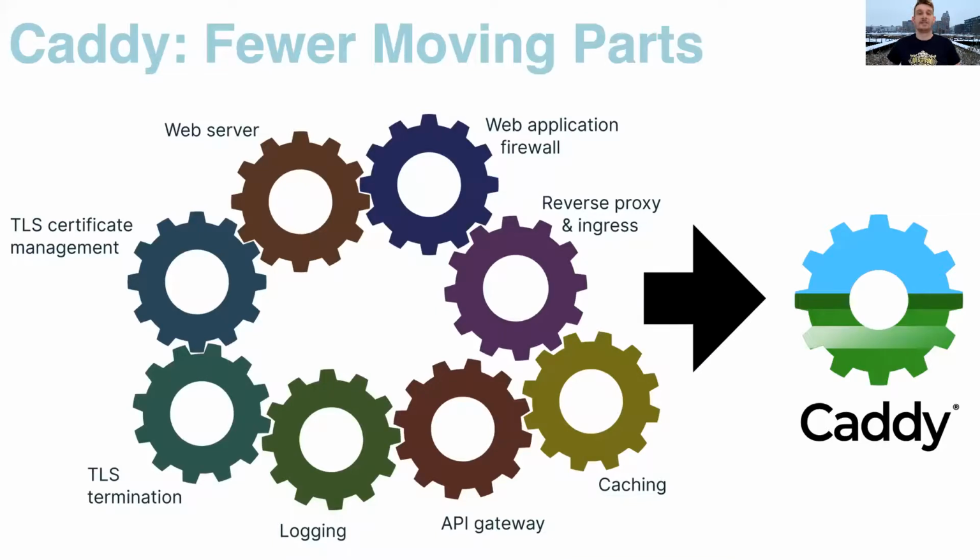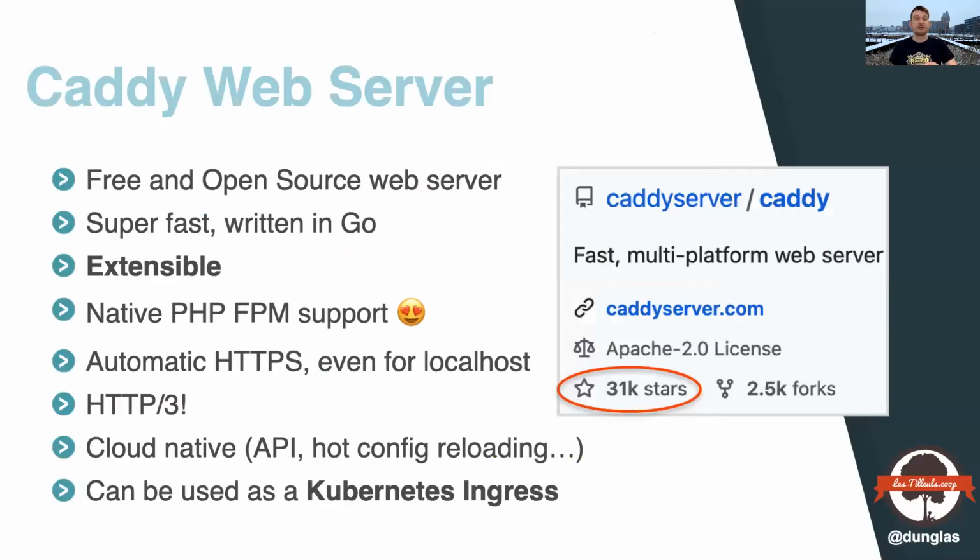In API Platform 2.6, we made the choice to simplify everything by using the Caddy web server. Matthew will present Caddy in depth after me, so I will not be too long on it. With Caddy, you can have a single process, a single binary, doing most of what is needed to have a modern web application, including the web server, TLS management, HTTPS servers and things like that, API gateway, caching, and a lot of things. Caddy is free and open source and is now included in the distribution in API Platform 2.6.